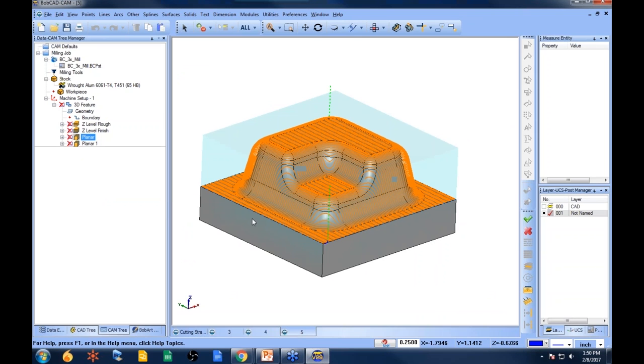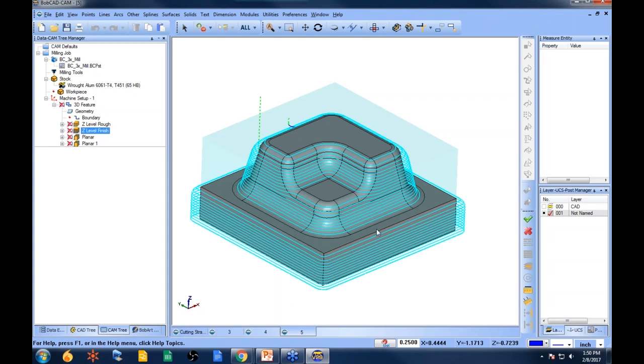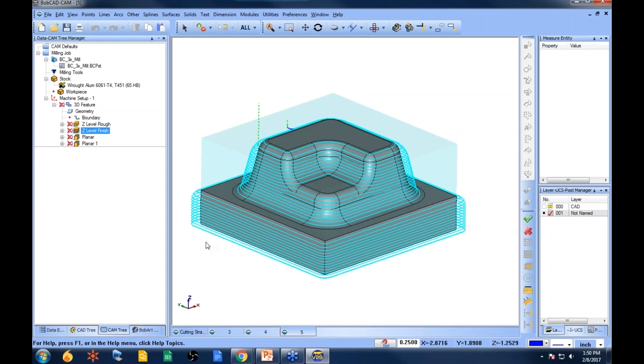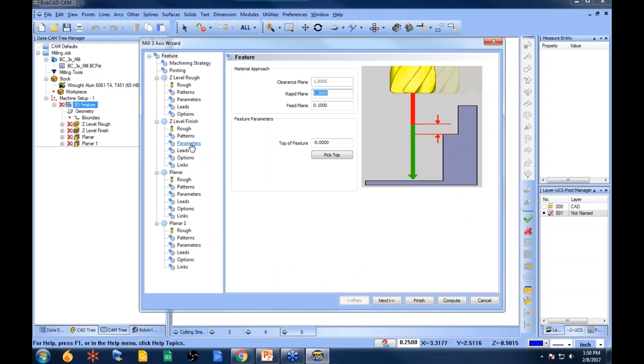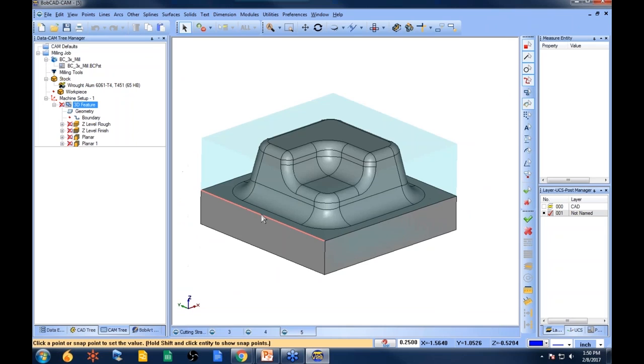You know, planer is going to go back and forth. So you're going to start using the different boundaries to contain the toolpath, use the different levels to contain the toolpath. This one is going down further than I want. So what could I do to stop it? Well, I could use a boundary to stop it, or I may just come in and use my bottom of job, Z-level finish, bottom of job, pick this edge, finish,